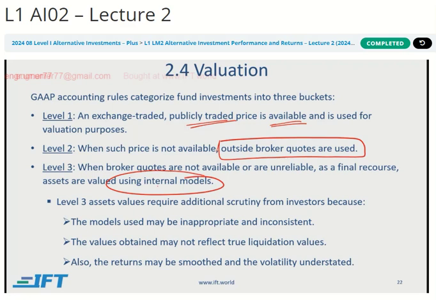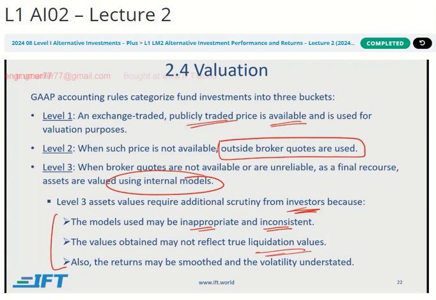Now, that is where things get complicated, because if you're an investor and you're dealing with a hedge fund or a private equity or any alternative investment class, and they are showing you the return with some part as unrealized gains based on the value of the investment, and they're using an internal model to calculate that value, there are some things that you need to be very careful with. Number one, that model may be inappropriate or inconsistent, so you need to make sure it is appropriate and consistent. Number two, the value that they might be showing might not be what the asset can be liquidated at, right? It might be based on the future cash flows of that asset or something like that,